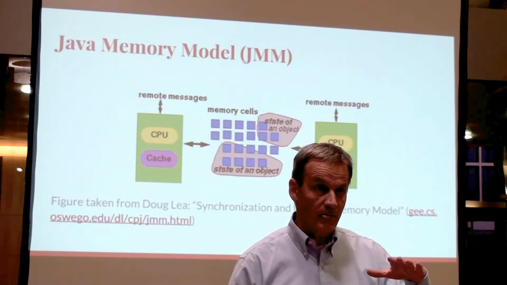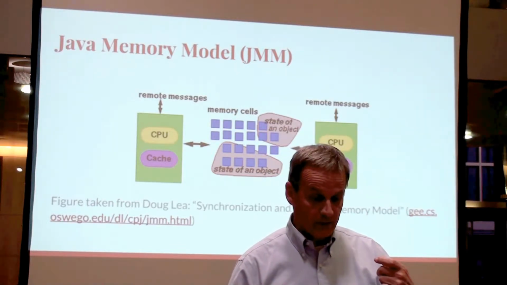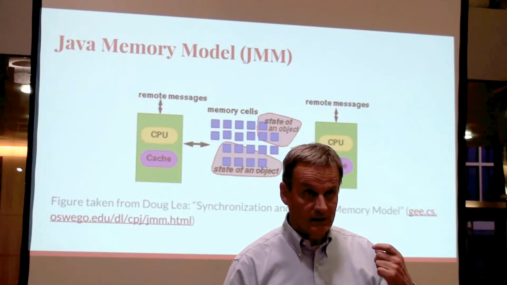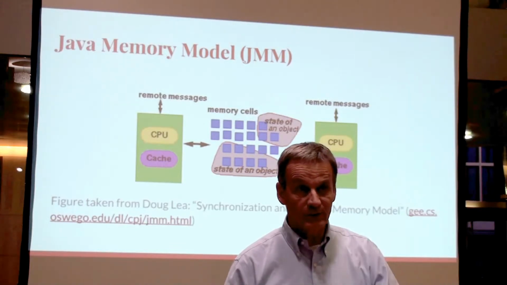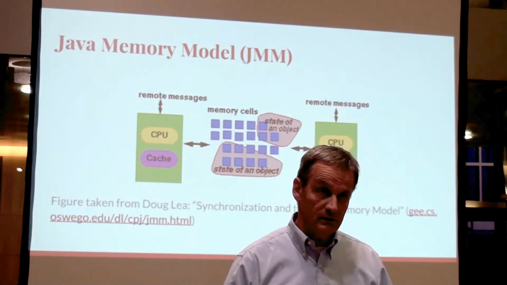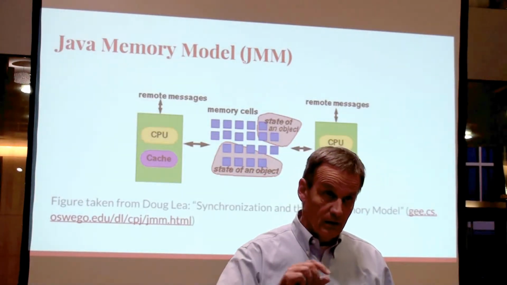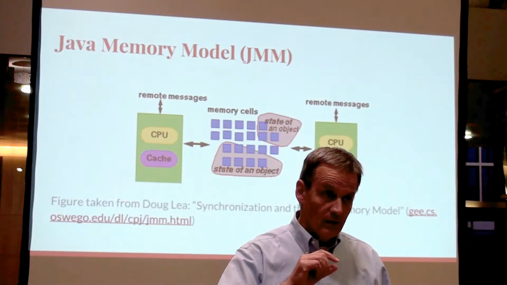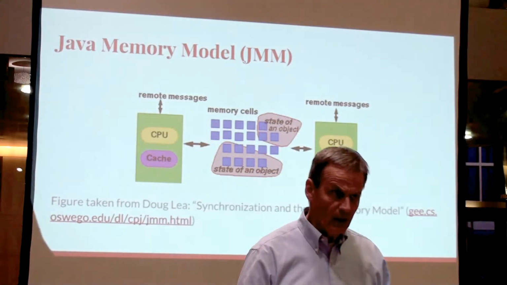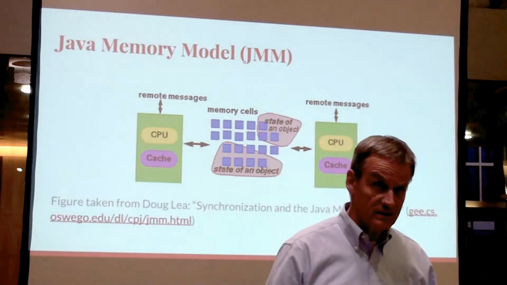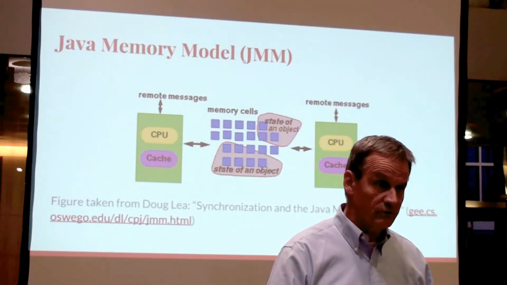synchronized block does. When you enter synchronized block, it tells the compiler that the thread has to go out and reach into the shared memory, get the value from there. And when it exits the synchronized block, it has to write it back into the shared memory. Now, if you have a primitive int, even a double, updating a double is not atomic necessarily, a 64-bit variable. Long is not atomic, but if you declare it as a volatile,